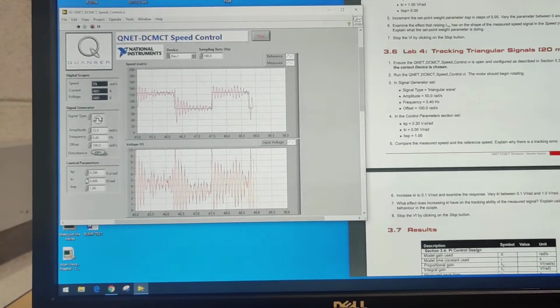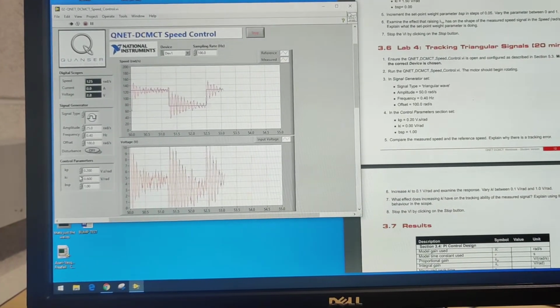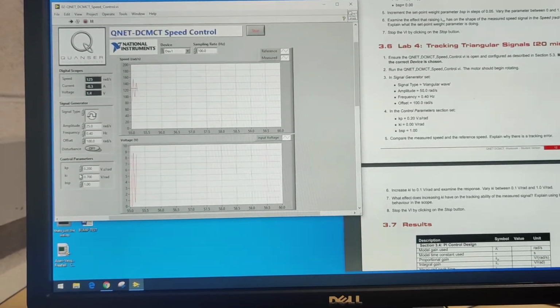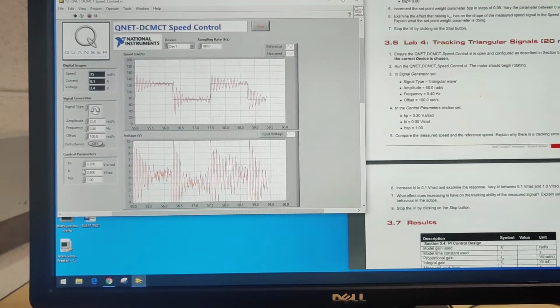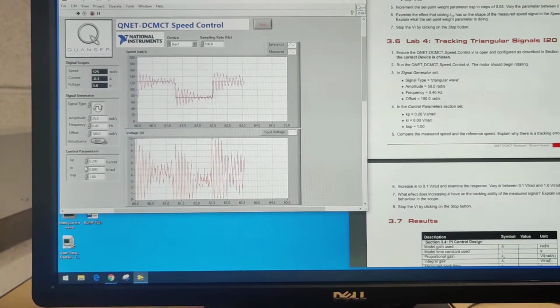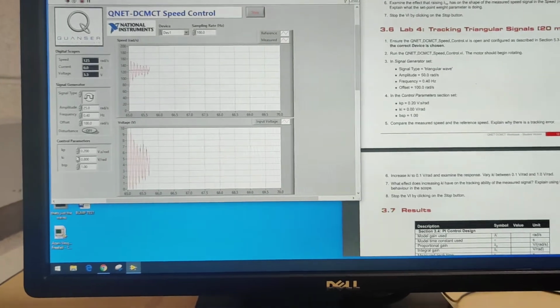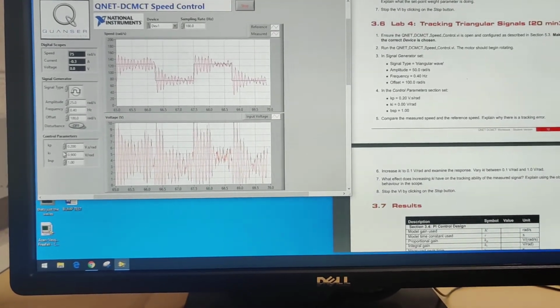I'm skipping 0.5, going to 0.6, 0.7, 0.8. There are some similarities, but you can still see the difference. Okay, so this is 0.9,